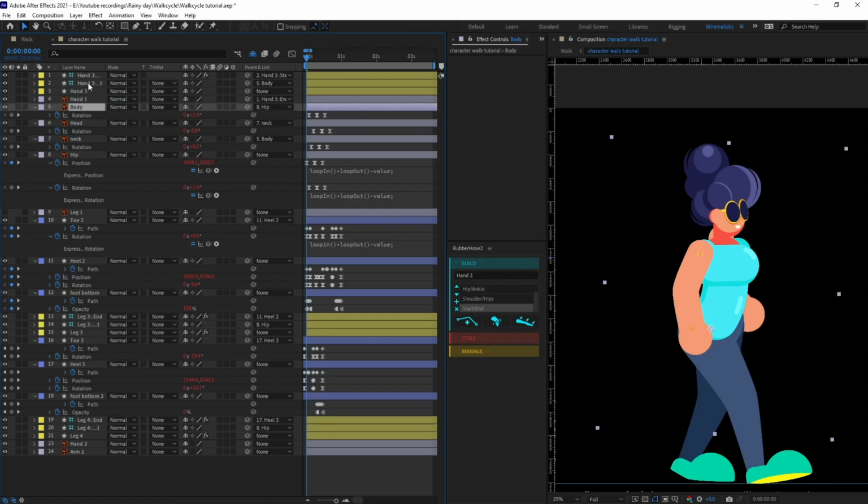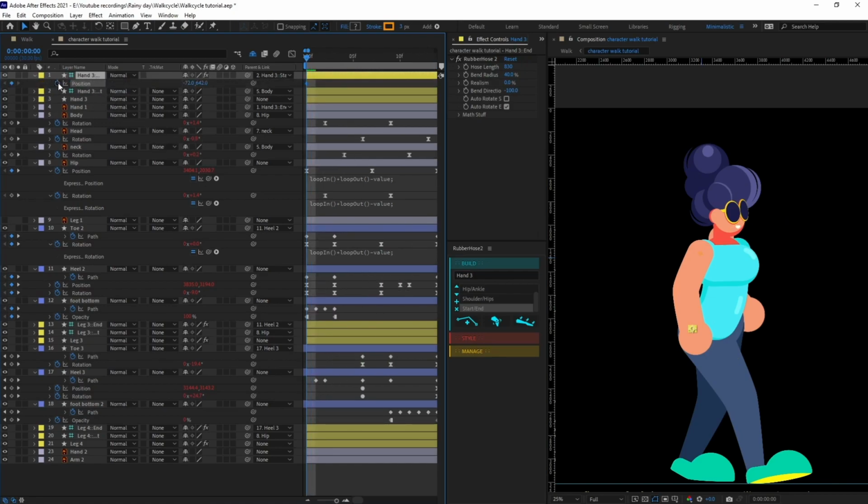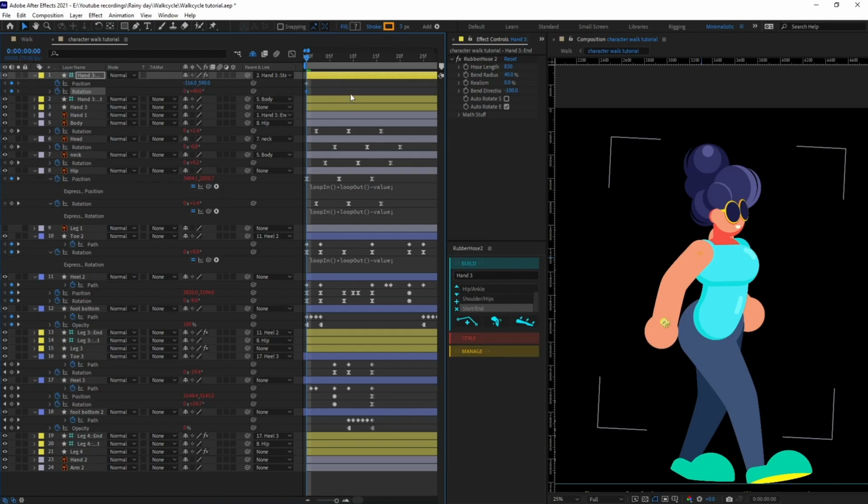Okay, so now let's select the end at this point and put a keyframe on position, move the end and put it over here. Let's put a rotation keyframe over here as well. Let's rotate it a bit, and then again jump onto the passing pose.